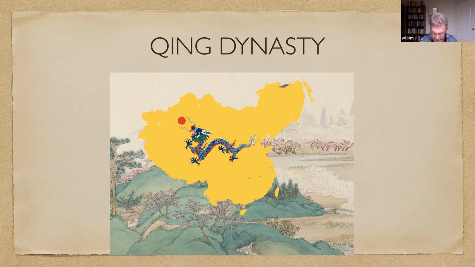It lasts from 1636 to 1912. If you've ever seen any of the history of this period, this was when the Chinese Civil War breaks out. This will be the last imperial dynasty. Now, it's during this time,